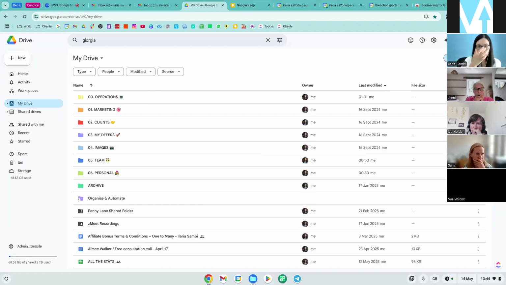So is it a project? Is it a specific year? So for Georgia, for this client that I was talking about, I have finance spreadsheets 2023, 24, 25. So if I just called it Georgia spreadsheet, I would have 3 with the same name, and every time I would have to open them to see which one it is. So obviously it makes sense in that case to put the date as well when something is repeated year by year.